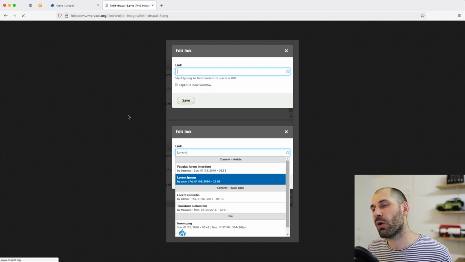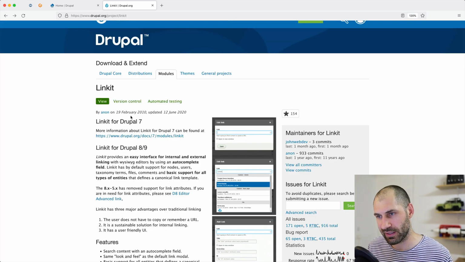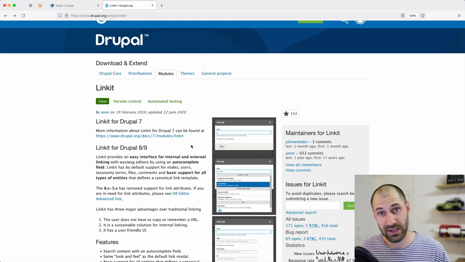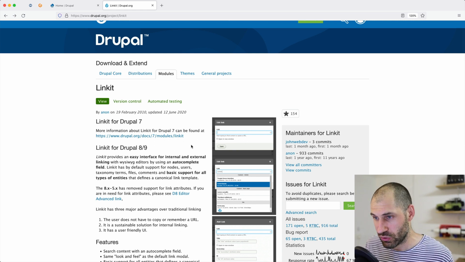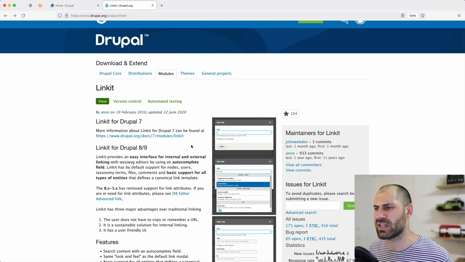So right now, I want to show you how to set up the Linkit module, because I use it on pretty much all of the sites that I set up, because it's a very useful module and editors do love it. So if you want to learn more about it, just head over to